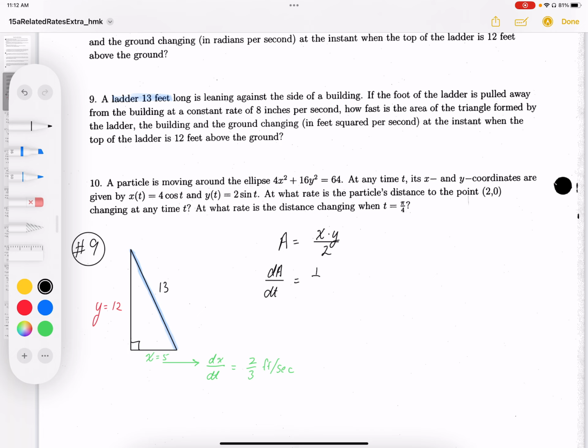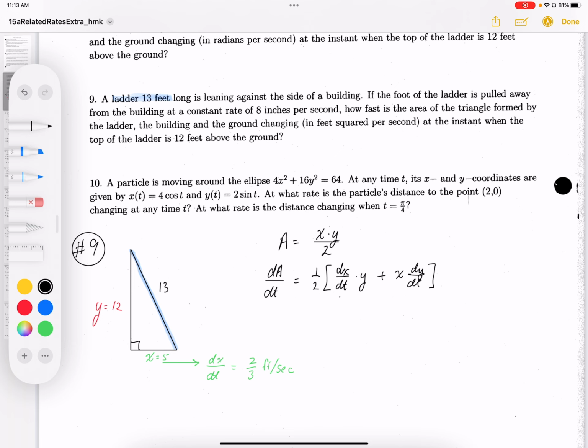And using product rule, we're going to end up with dx by dt, which we know, times y, which we know, plus x. Again, we know x is 5. Okay, we work that out using Pythagoras. And then differentiating y, we get dy by dt. Okay, so we know all these parts. We know dx by dt, we know y, we know x, but we don't know